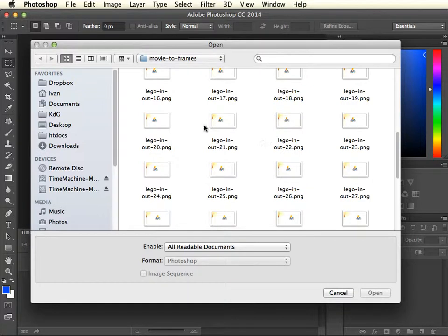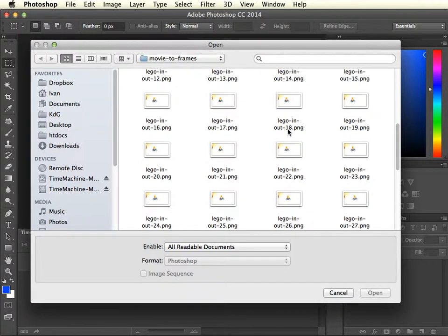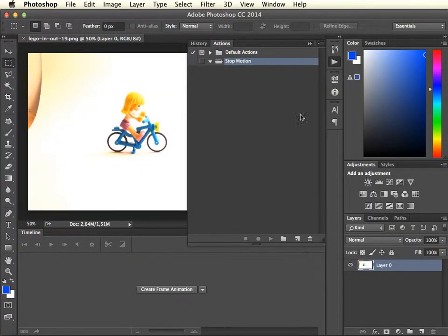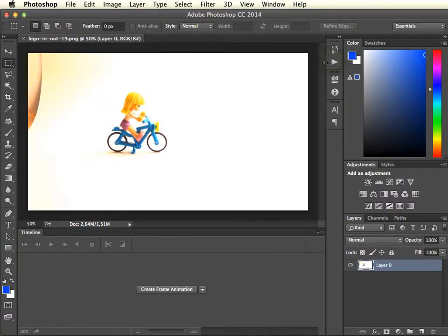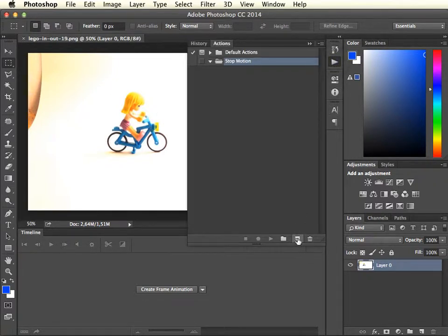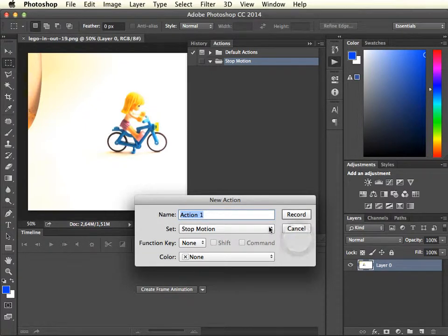I have an animation of a bicycle entering the view, stopping, and exiting again. I've taken a look, and around frame 18 and 19, the bicycle should be in the center of the screen. So I record my action based on this one. Now I can choose create new action, crop and resize,